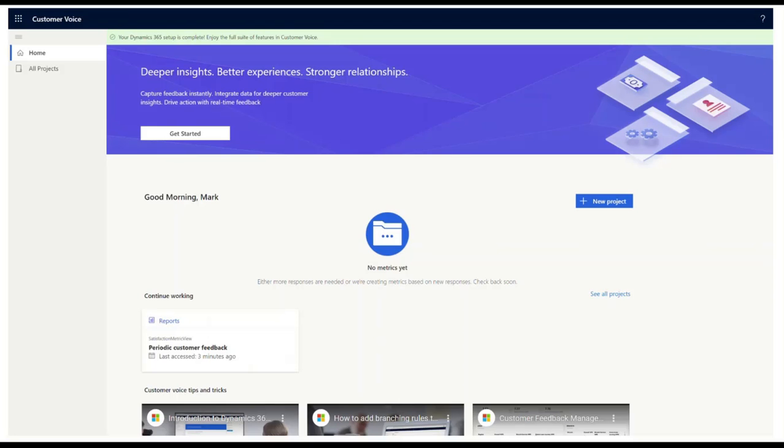This is where you can set up what we call projects. So projects will be your surveys, so sets of questions that you would have for different reasons. You'd see them all in here. You can click on all projects, and from the main screen here, we can click new project. Once you click new project, then you will see a template